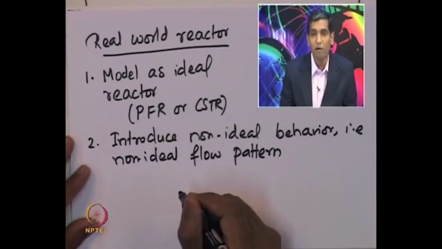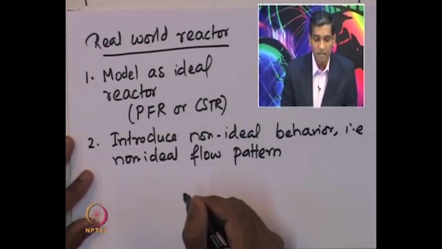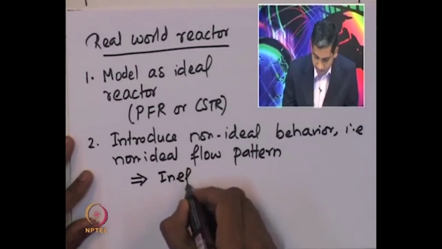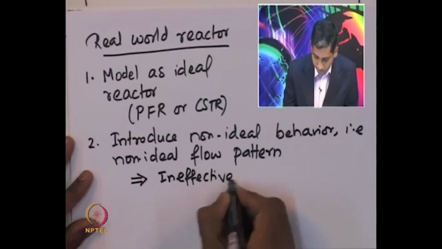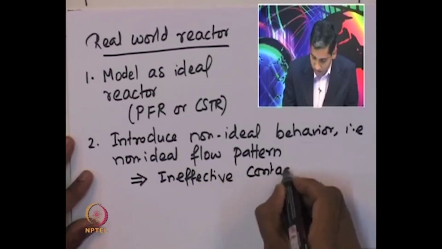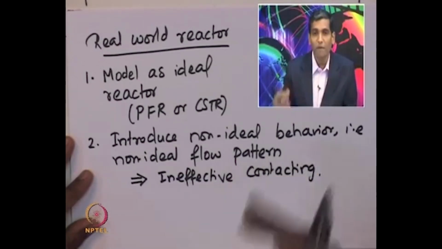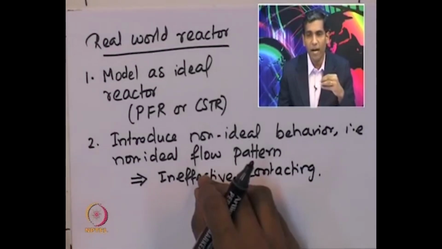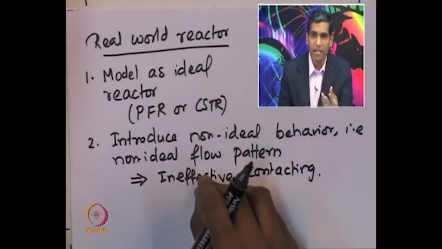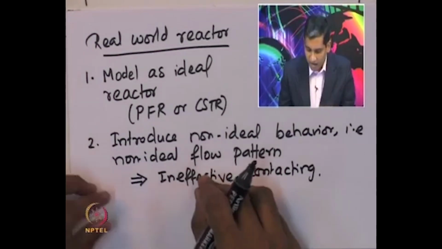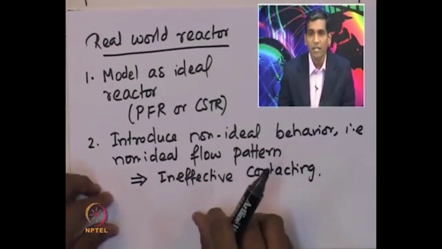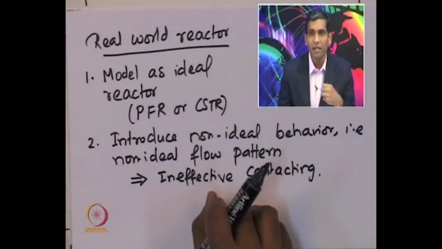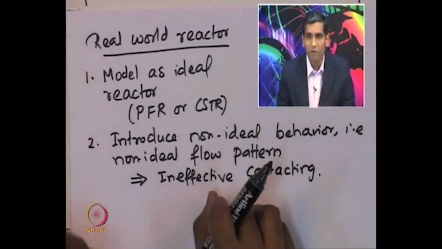And in order to introduce a non-ideal flow pattern, one has to actually account for the ineffective contacting, while some of these fluid, for example, let us take the packed bed reactor case, some of the fluid actually enters and leaves the reactor immediately because of the channeling effect, and so the contact that these fluid streams have with the catalyst particles present inside the reactor is not very effective,